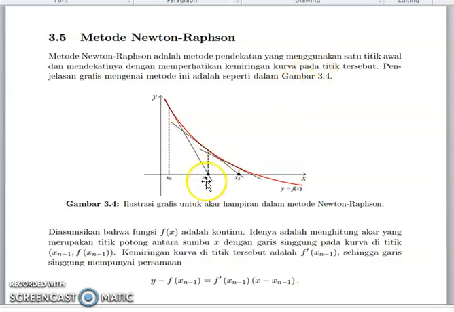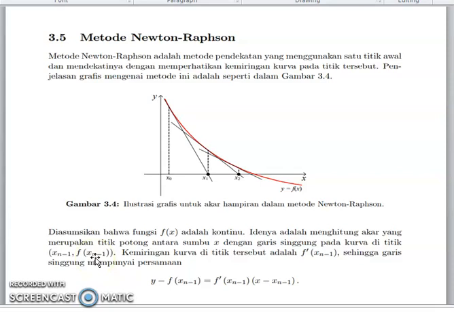This is the graphic illustration for approximating roots in the Newton-Raphson method. It is assumed that the function f(x) is continuous. The idea to calculate the root, which is the point of intersection between the x-axis and the tangent to the curve at the point (x_{n-1}, f(x_{n-1})),